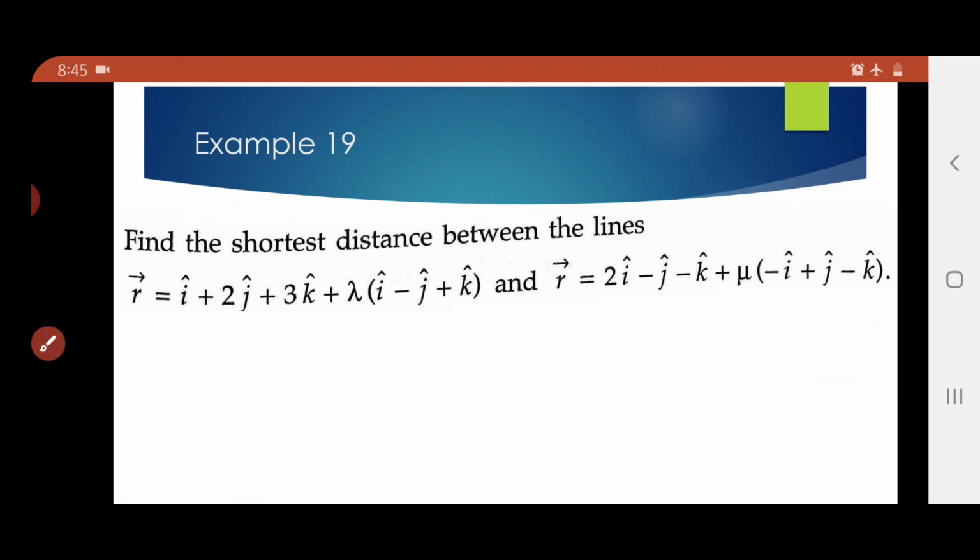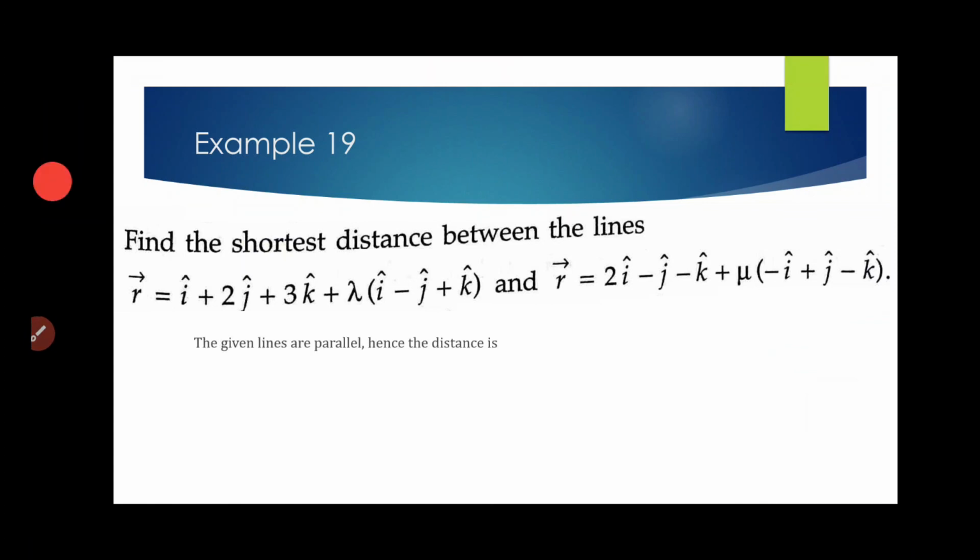We are going to make use of the formula for the parallel lines. That is exactly what I have written, that the lines are parallel. So you need to be very careful about that. Always check the direction part. If it is given the same, or if it is a scalar multiple of one another, then